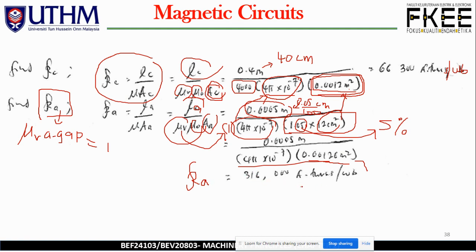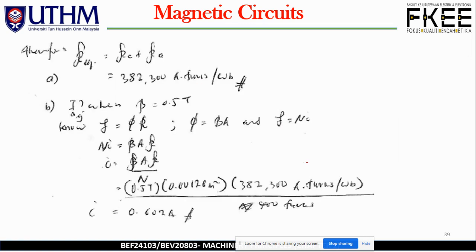And solving this, giving us the reluctance of the gap is actually 316,000 ampere turns per Weber. Therefore R, or the total R, so we have RC plus RA, 380,000 ampere turns per Weber. Okay, and then